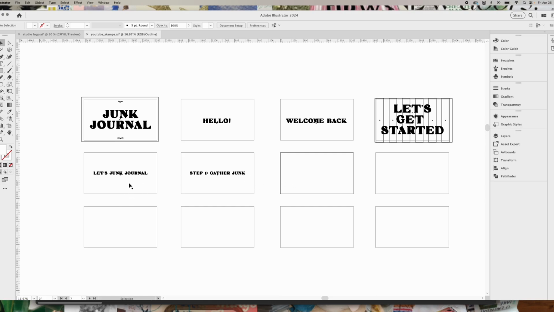This one, I have a transition screen here because I actually didn't film anything that was like, let's get started or let's get into it, or any kind of like signal that we were moving on from the intro. So I needed to make some sort of transition to make it make sense. And then I was just going to have some steps, which in this case, I really only have like 2 steps, which is gather junk and junk journal. So